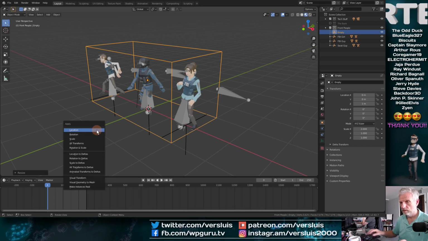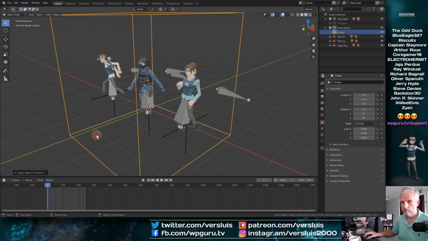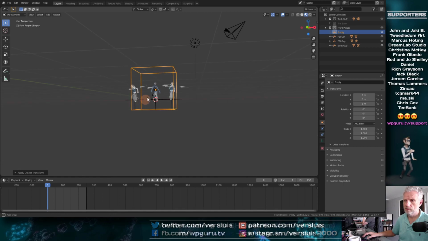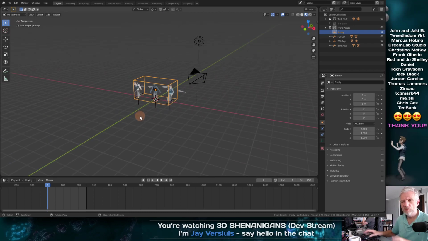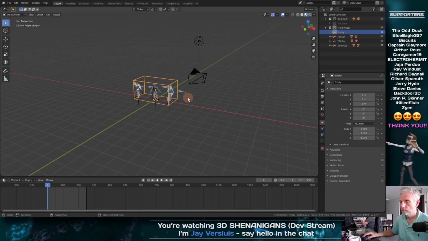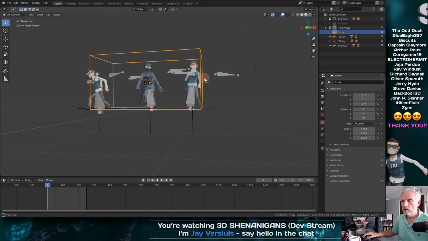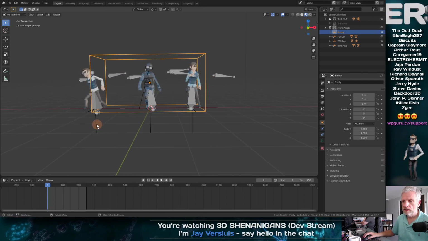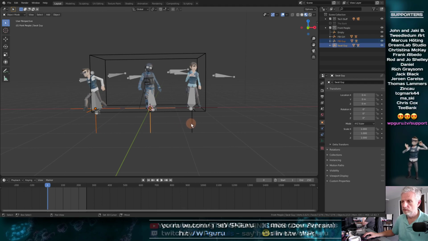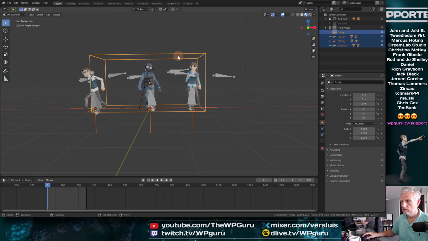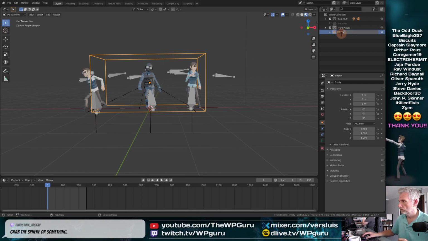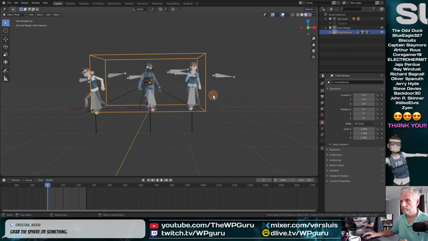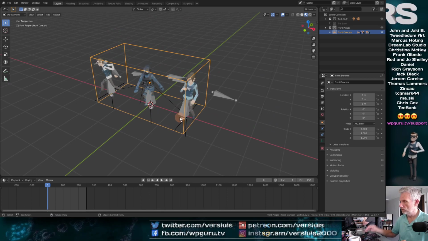I might even go and apply the scale. Was that a good idea? It's probably not a good idea. Yeah, maybe I'll undo that. I'll just leave it as that. It's just the container thing. So you're saying select them from here and then it always works. 1, 2, 3, then select this, then go Control P, object, front dancers. All right.